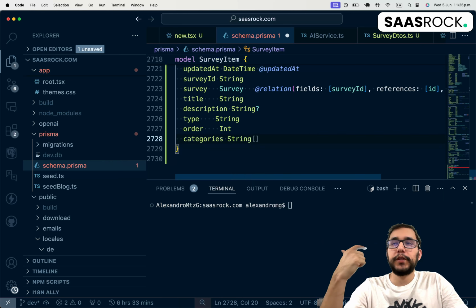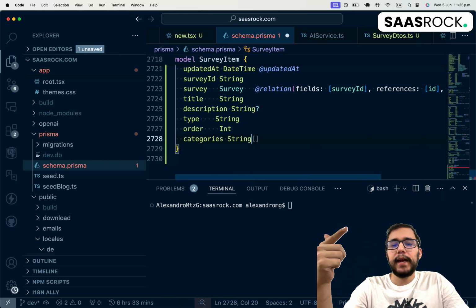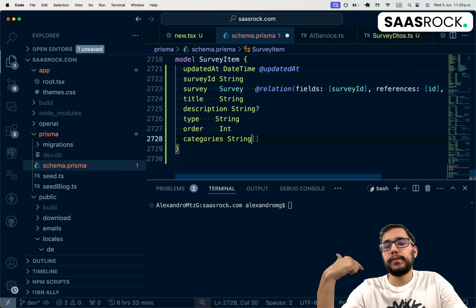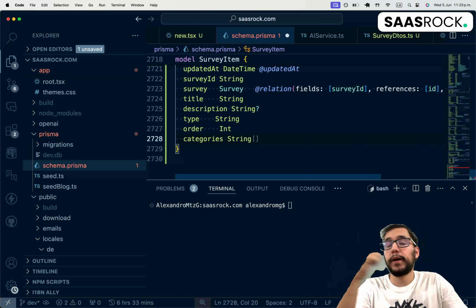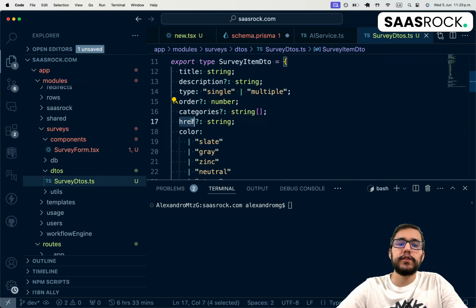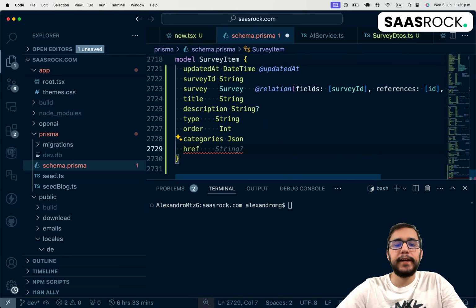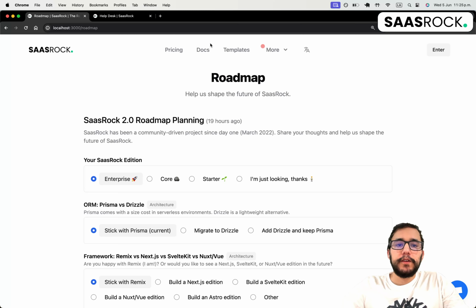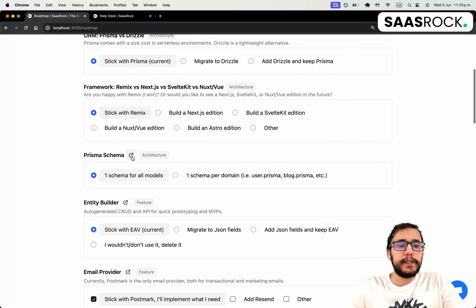And whenever you want to create categories, you stringify the array, and when you need to use the categories string, you parse it with JSON.parse. But I'm using Postgres, so I'm just gonna use JSON. Now we have an href optional, which is this link, optional links